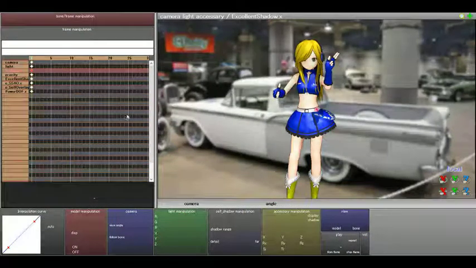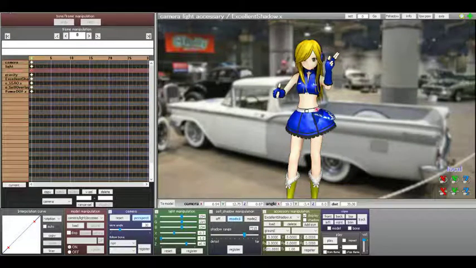So, oh, and I should probably also mention, you can save stuff. So, let's make sure I do that real quick. Oh, I love this song. Okay, so now that that's saved,